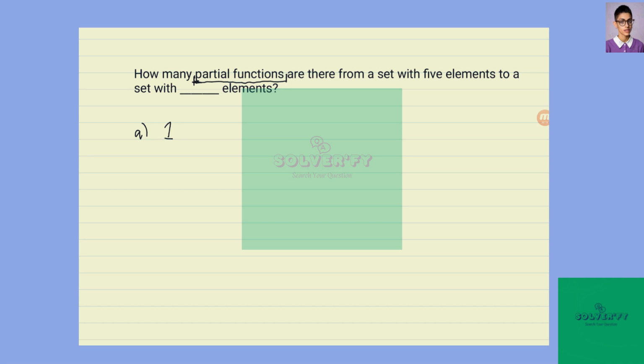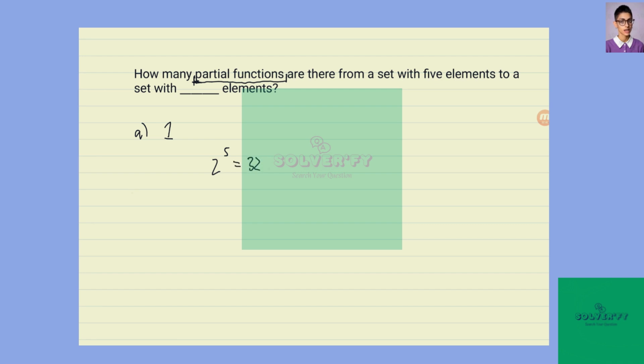If we have one element in the codomain and it's a partial function, that means that we have 2 different ways of accomplishing each task. That means that for part A, the number is going to be 2 to the power of 5. We have 5 tasks, 2 different ways of going about it, 2 to the power of 5,